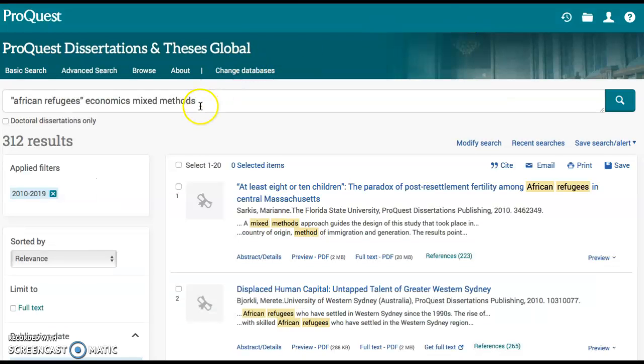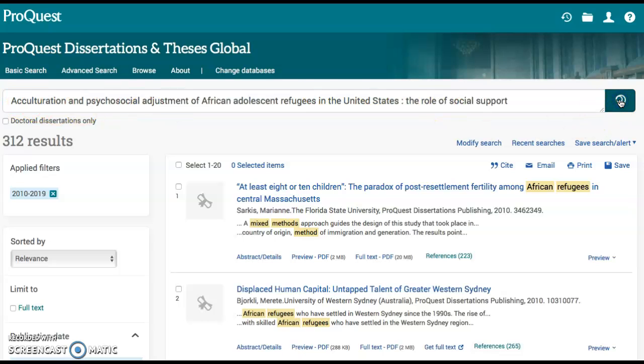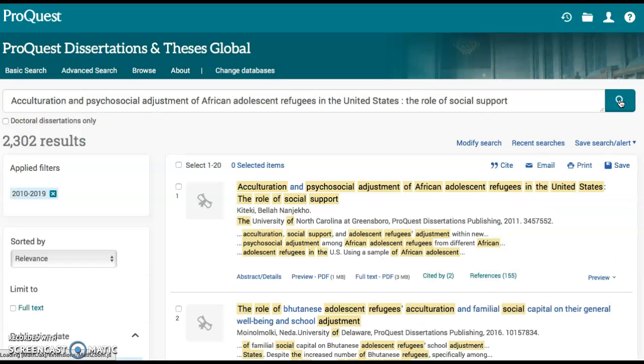It doesn't search our databases. So because I copied the title already, I put it in here in the search box in ProQuest Dissertations, do a search, and there it is right here. We have the PDF available, which is great. That's exactly what I was looking for. 2011 from University of North Carolina. Awesome, awesome, awesome. So then if you click on it,